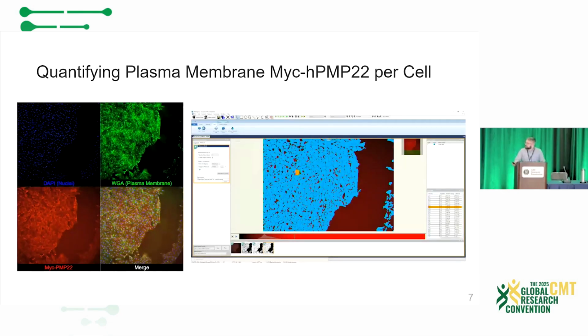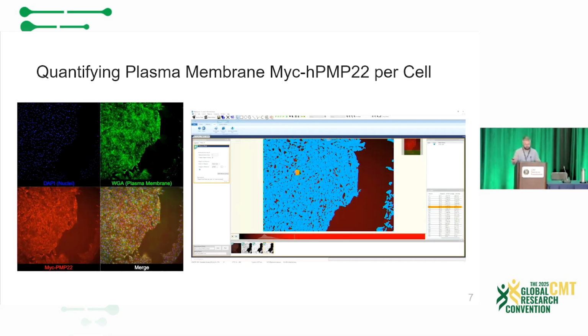What I'm showing here is just a few example images from a single treatment well within this high throughput screen. The red signals PMP22. We counterstain for nuclei and the plasma membrane using DAPI and WGA respectively. Our microscope's inbuilt software can mark the location of individual cells within that image, and we can quantify cell by cell the amount of PMP22 being expressed, which we then extrapolate out to a population average,